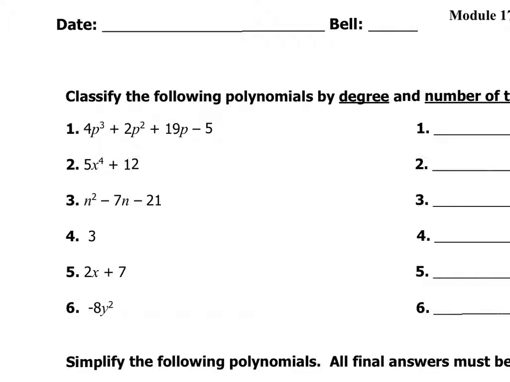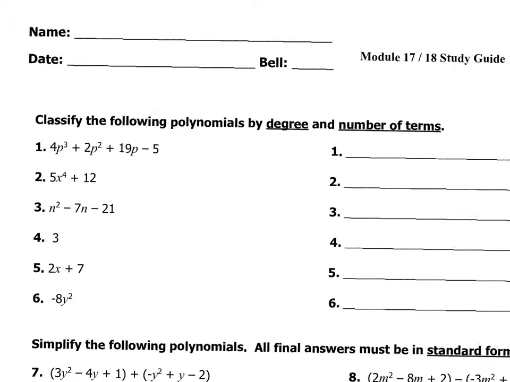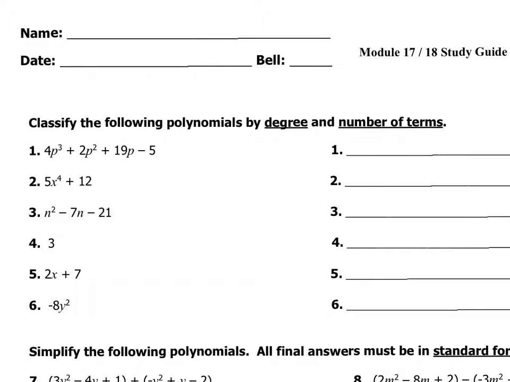So what I mean by that is whether it's a monomial, binomial, trinomial, or just a polynomial. In order to classify this by degree, it has to first be in standard form, which number one is in standard form. Remember, the degree goes down. When you're in standard form, you start with the term with the highest degree, and then you go down. So this would be a third degree,